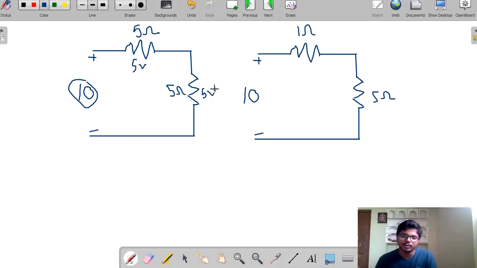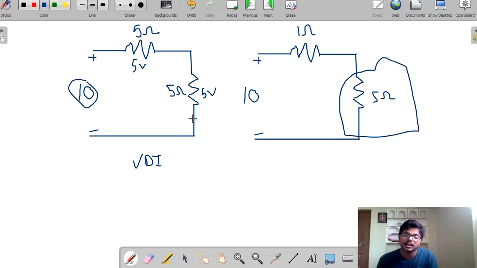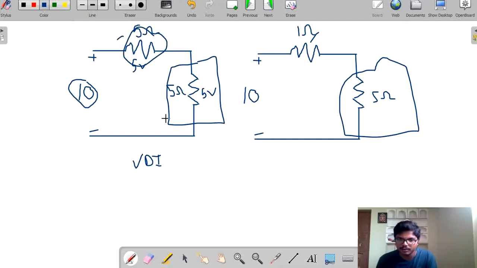Now, I hope you all know about the voltage division rule. I will apply the voltage division rule and check my voltage at 5 ohms. See, this 5 ohm we should not vary, but we can vary the upper resistance, the multiplier. Here also I kept the 5 ohms constant, and just varied the other resistance to 1 ohm. Now apply the voltage division rule.